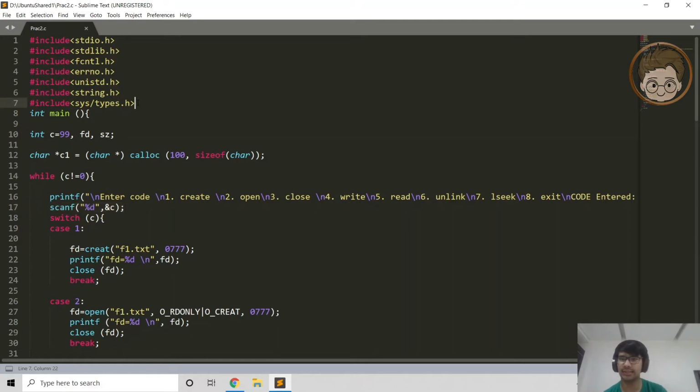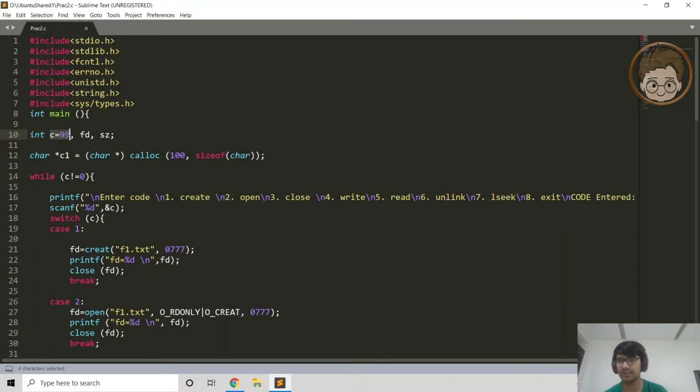So we will understand this code in great detail. First of all, we need to include all the libraries that have these I/O functions. Next, in the main function, we have first of all declared all the variables that will be required for this purpose. Here we have three integers, and we have used the calloc function to create a character type buffer which is of size 100 bytes. As a character is of size 1 byte, 100 multiplied by the size of each character will be 100 bytes.